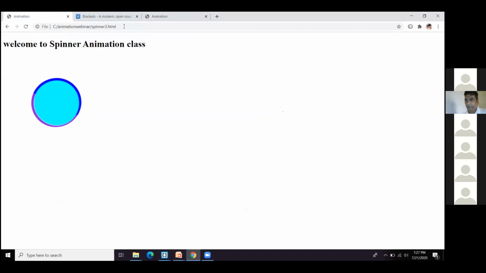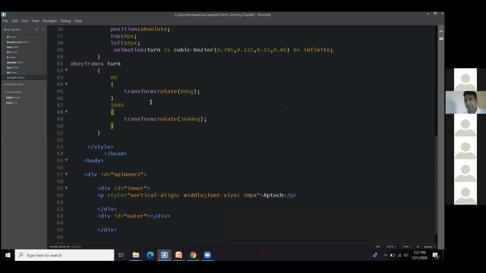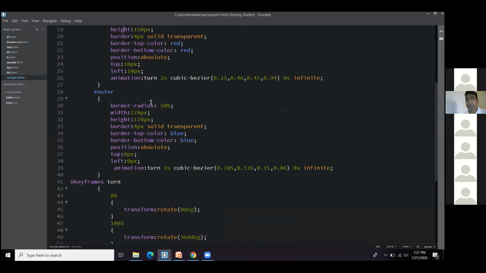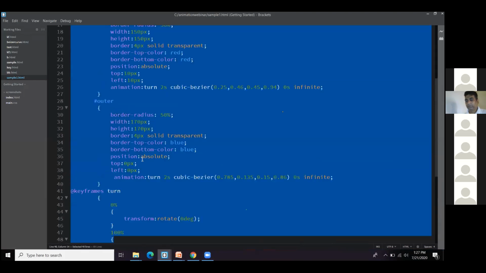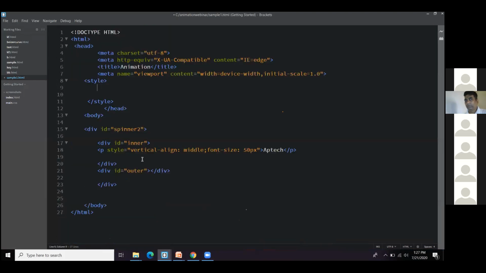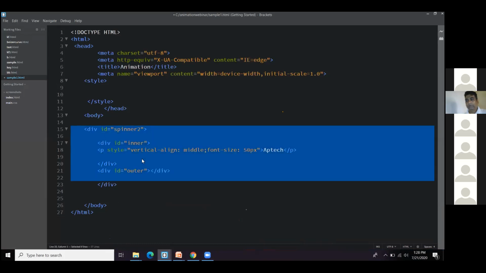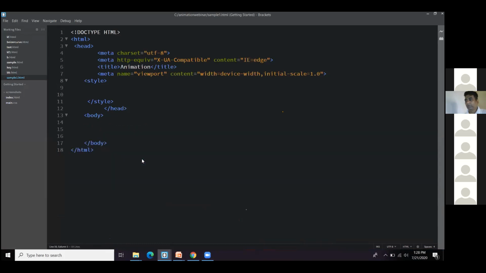So let's see here, you can see this. This is our third spinner animation. You can see that the size is getting increased and the size is getting decreased over there, and you can see the changes in the border color and everything that you're going to have. So let's see here what we are going to do over here. Again, I'll repeat it. I'm just removing all the codes. Okay, my page is clear now. So let's go ahead with our next animation.